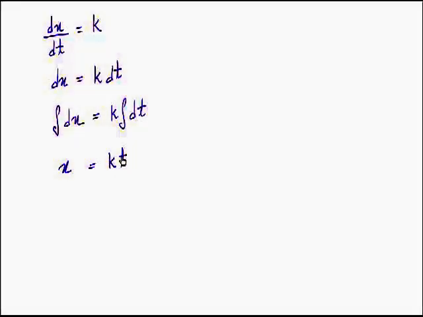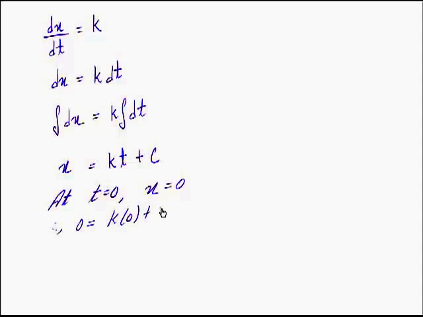So as we just saw, dx by dt is equal to K, so dx is equal to K times dt. We can integrate it on both the sides, and the integral of dx is x, the integral of dt is obviously t, and there will be a constant of integration. Now at 0 time, t equal to 0, the consumed concentration x is also equal to 0, and therefore 0 is equal to K into 0 plus C. So we can say C is equal to 0.